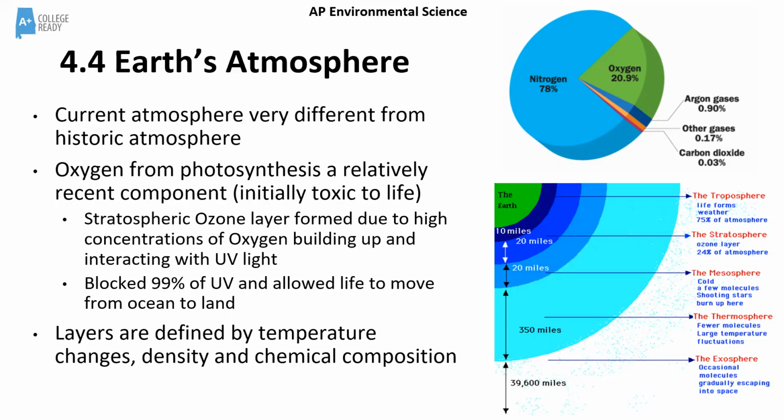The two layers that are most important to us are the troposphere, where we breathe and our weather is, and the stratosphere, because that is where the ozone layer is. And you're going to hear a lot more about that in Unit 9 as well, the ozone layer and ozone depletion. The ozone layer was critical to life on Earth, and the reason why we have so much oxygen